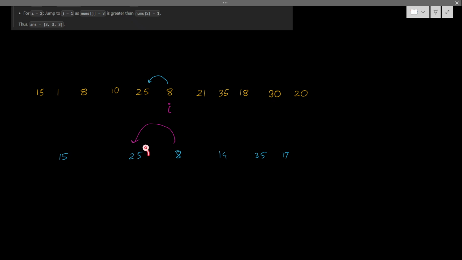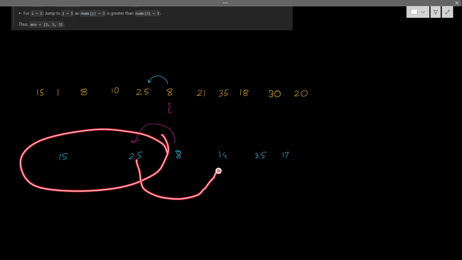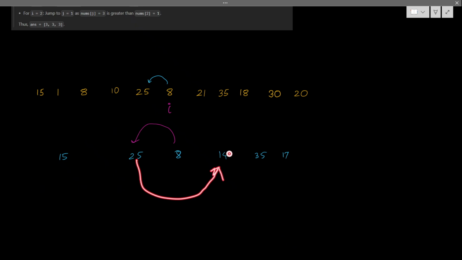So if I maximize this value, that means I am covering, I am able to jump to any lower value. It will help me jump to many places, like from 25 I can jump to 14, from 25 I can jump to 17. So it will increase the possibility to jump. Because this is the maximum value on the left side, this increases the possibility of reaching more elements. If I am able to reach this many elements,